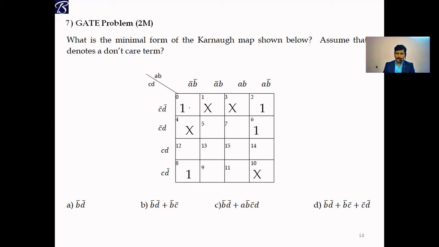And what are the possible combinations? This row, one quad is available, and all corners, one quad is available. So presently leave it. Two options are there. Coming to this one, this is also the same. Two quads are possible. Presently leave it. Coming to this one, what is the maximum possible quad? So only one quad is there. Let us group this one.